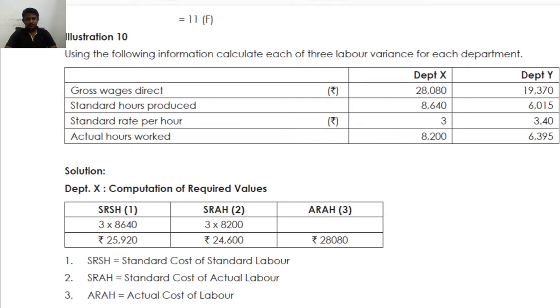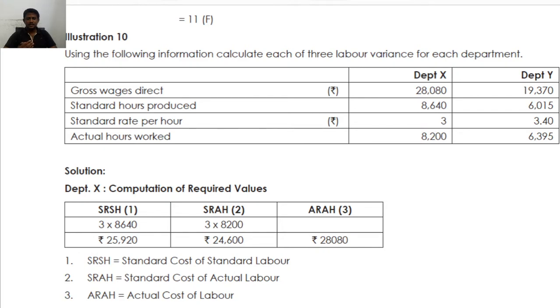Okay, so what is the question? They are asking us to calculate each of three labor variances. Three labor variances in the sense what, sir? Whether mix gang is applicable to this. Then you also have sub efficiency, mix gang. Whether these two are applicable to this problem or not: that is not applicable to this problem. Why? Because